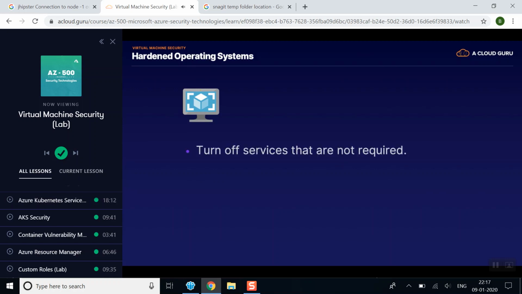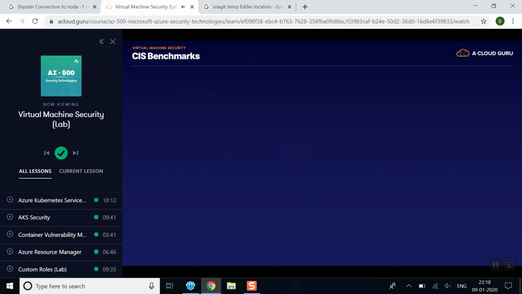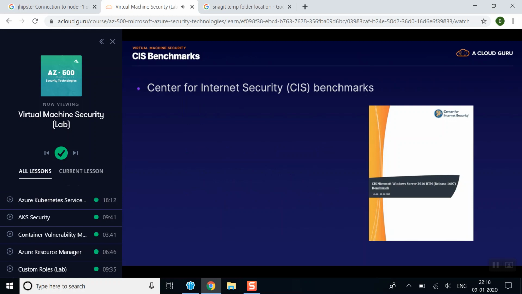Unneeded services should be turned off, permissions should be tightened, and insecure default settings changed. A great starting point for implementing secure operating systems is to use the Center for Internet Security, or CIS, benchmark for that operating system, whether it be Windows or a Linux variant such as Debian, Ubuntu, CentOS, or Red Hat. In all cases, the benchmarks have been developed by the security community and include a whole series of different controls